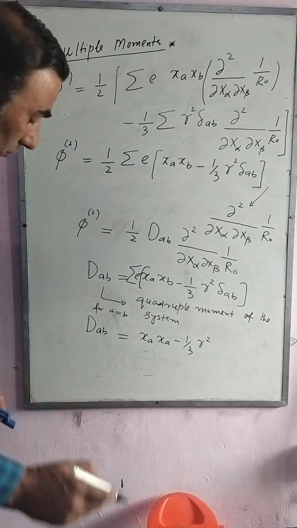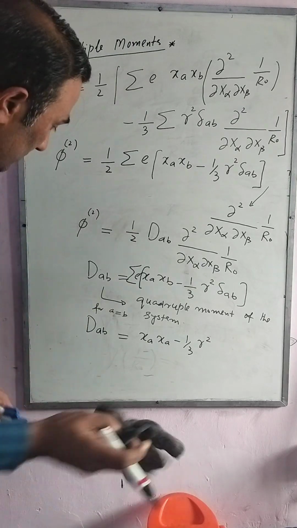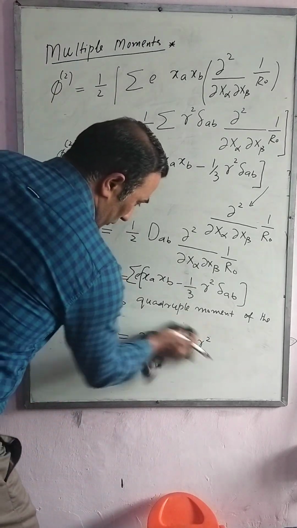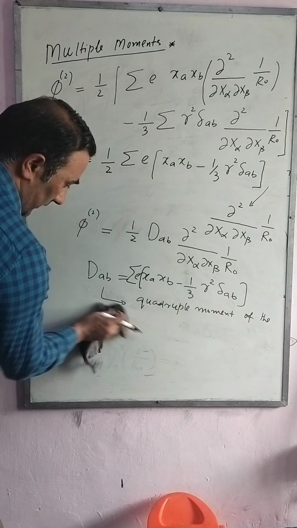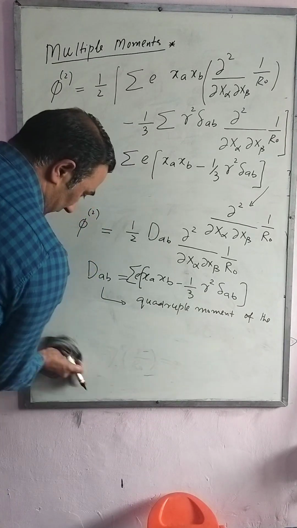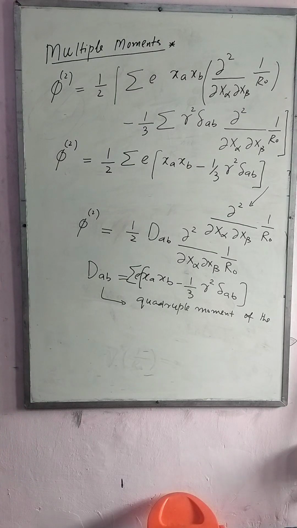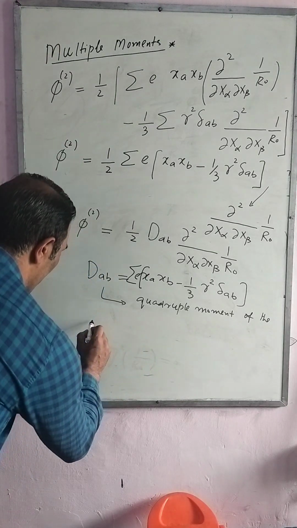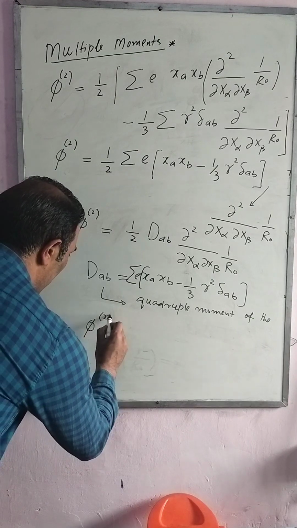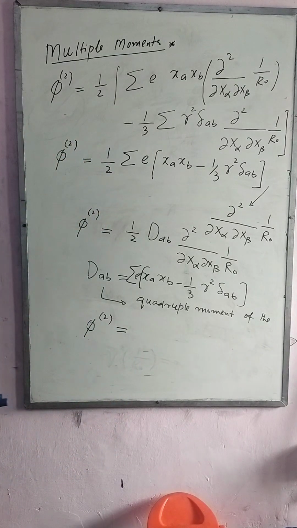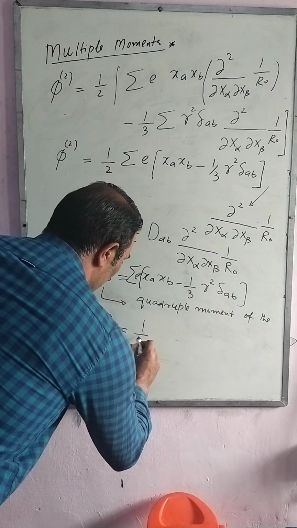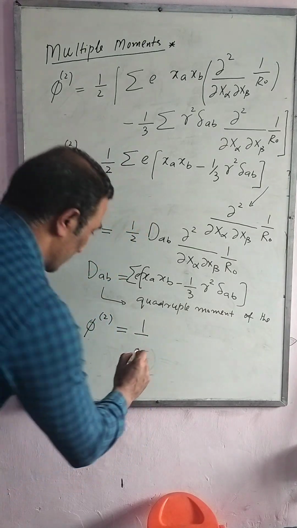And if you talk about now, what will be this term then? So if you calculate, this term should be equal to 0. So let us first calculate now. Before calculating that, the sum of the diagonal elements will be 0 in this second order tensor. So first let us rewrite this phi 2. So this phi 2 will be equal to 1 by 2, or you can write 1 by 6